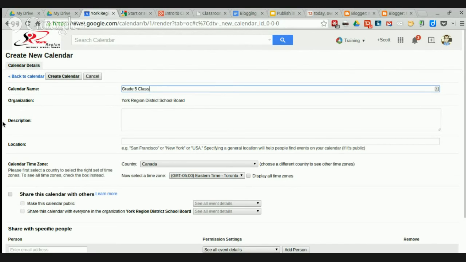No gaps. Just check your time zone, make sure it's appropriate. I'm on Eastern time here. This calendar is one that you want to be public,